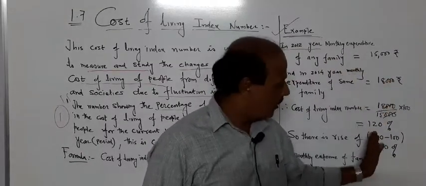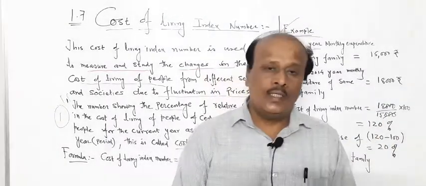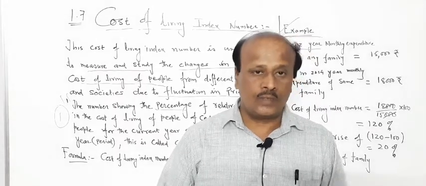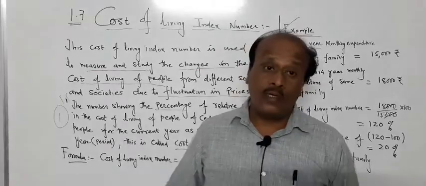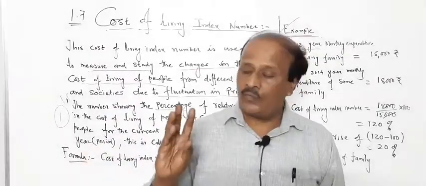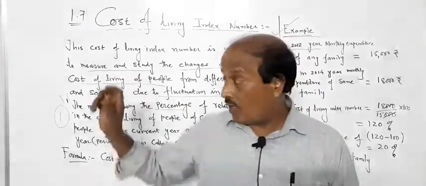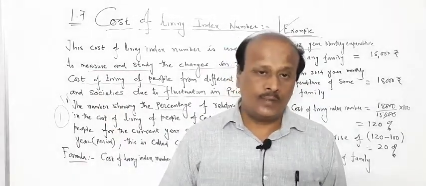Now how to construct this cost of living index number, that we are going to see in the next session. Today this much only. You practice. Again, homework is to practice some examples of the previous topic: how to find IL, IF, IP, etc., and how to prepare that table also. For today, this much is sufficient. Thank you.